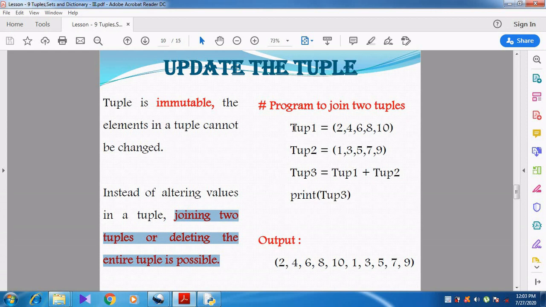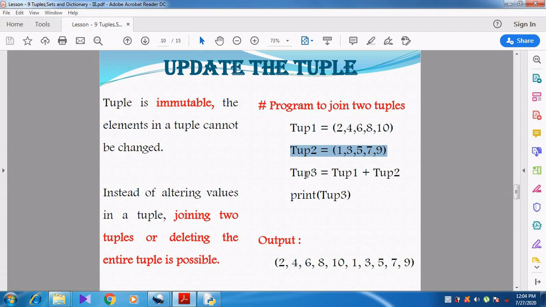See here, tuple 1 is equal to 2, 4, 6, 8, 10. So all the even numbers are given here, separated by commas. Then in the second tuple, what have I given? Tuple 2 is equal to 1, 3, 5, 7, 9. So all the odd numbers from 1 to 10 are given here.